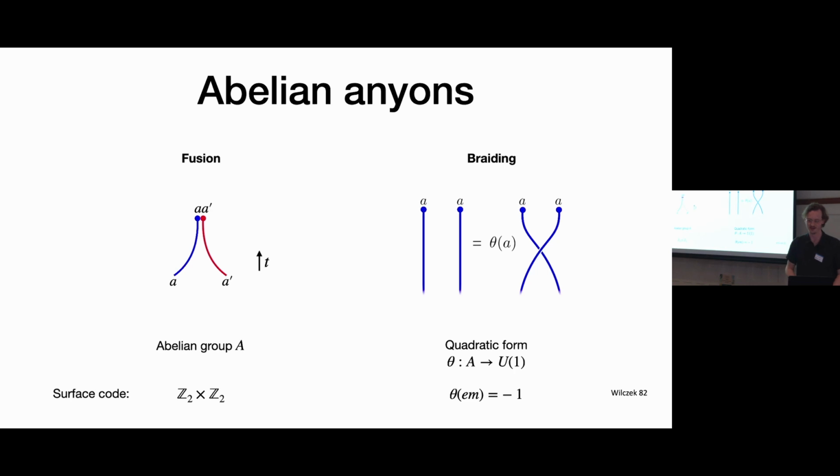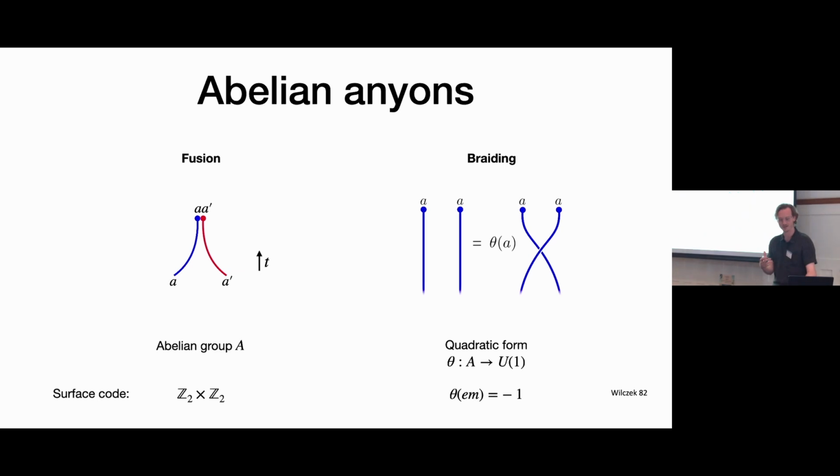You might ask, okay, and so for the example of surface code, the abelian group is Z2 times Z2. It's just like the parity of E's and parity of M's. And then this self-statistic is just, the only non-trivial one is that you have a fermion for the EM-type particle. So the composite particle of E and M, when you bring them together, that is a fermion. You can kind of check that in the lattice. It's just due to Pauli commutation relations.